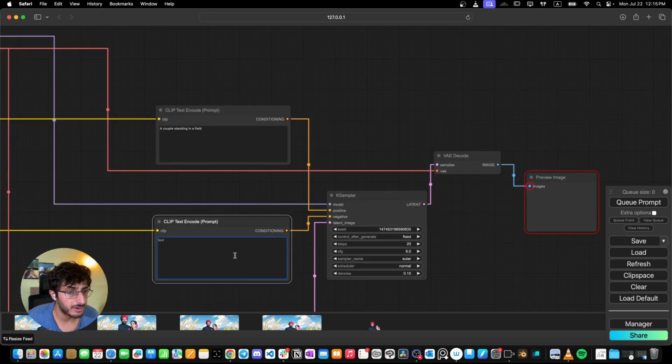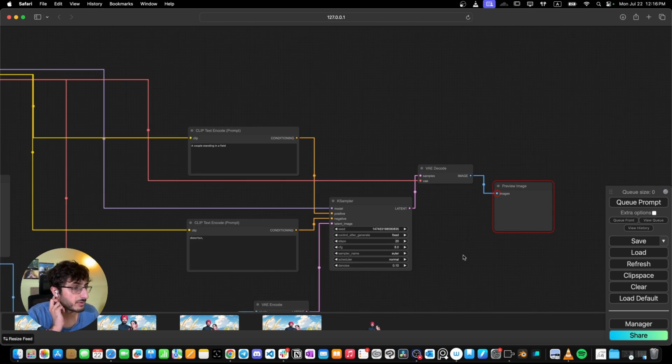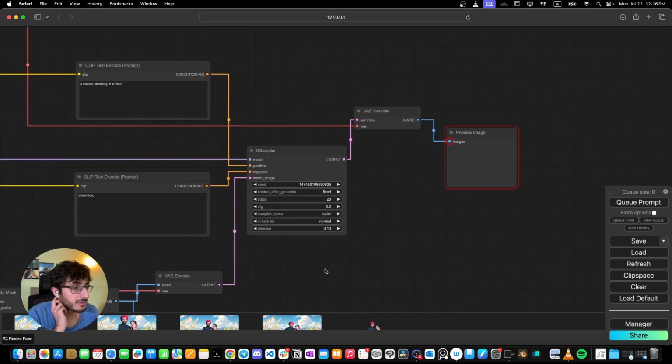We're also gonna add our negative prompts over here. So any distortion, we don't want that. You can add as many negative prompts as you want, but I'm just gonna move on for the sake of this tutorial. And if you can see over here, I have set the control after generate to fixed, and this